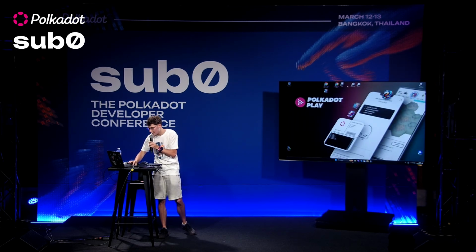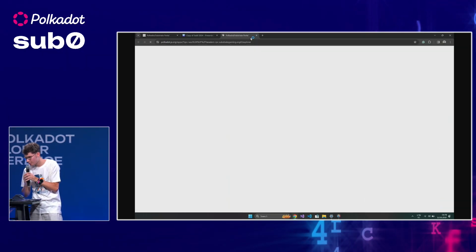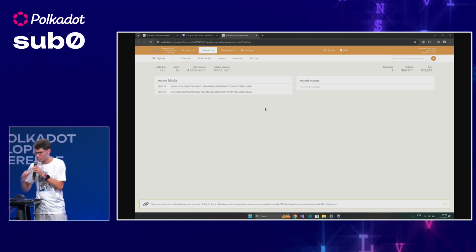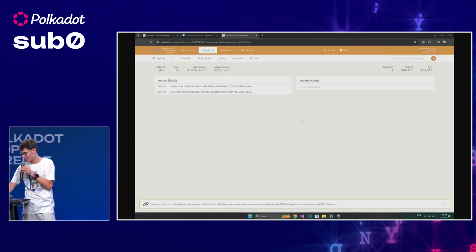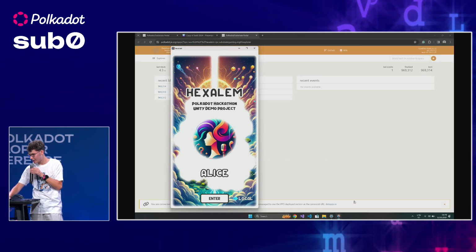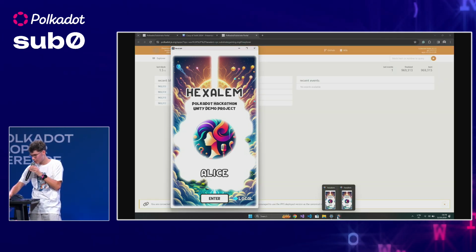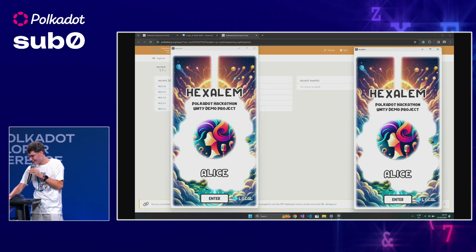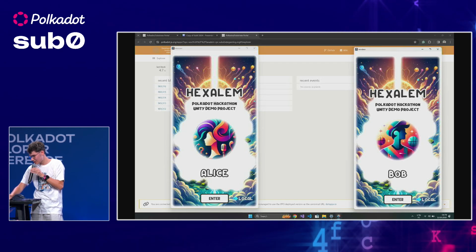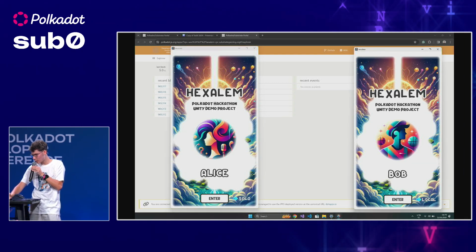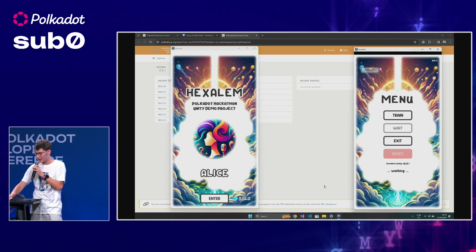Okay, so I will start Hexalem here. And I will also start the substrate portal. Okay, so here you can see I'm connected to the chain. And the game should load, okay. So here I have my 2 instances of the game. Oh, they are stacked, okay. Yeah, so maybe let's change the account here. I will connect to our quick solo node for the demo. And if I enter,